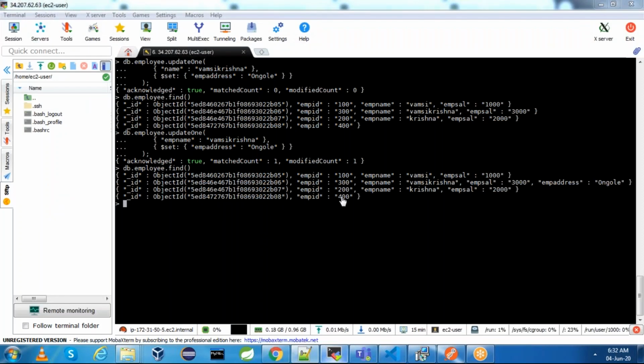Now if you see, I have employee ID 400. Now what this does is, in the database employee collection, we are trying to remove employee ID which is equal to 400. I think it is not removed.